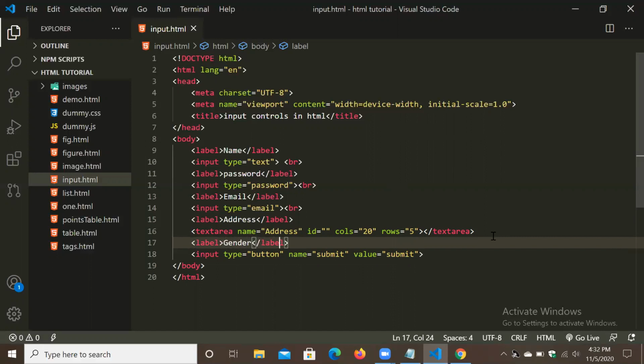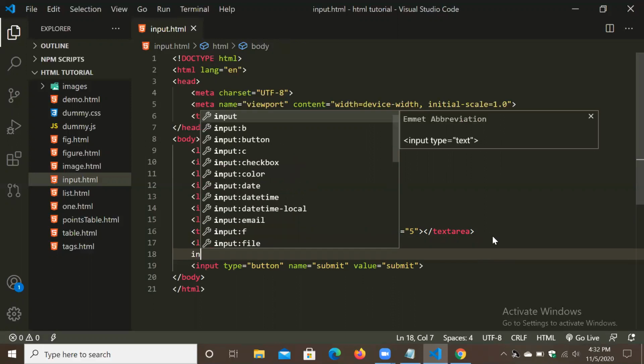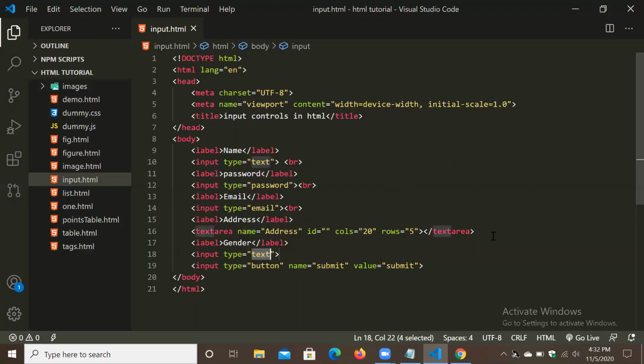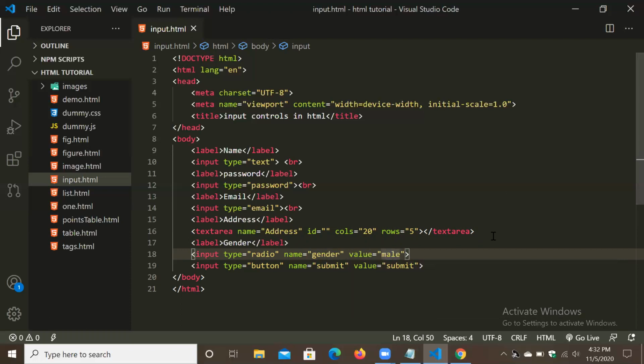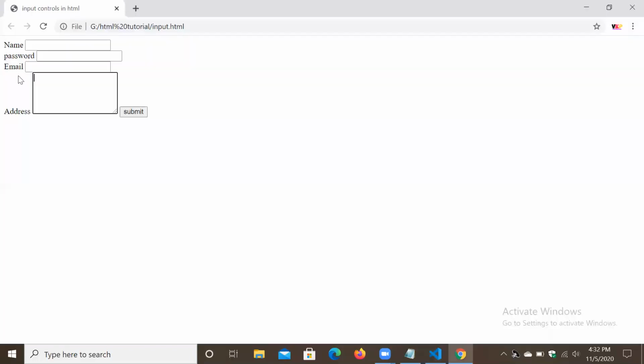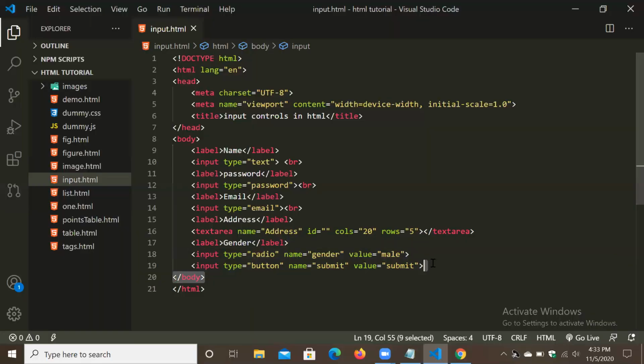So gender, input type is equal to radio. Yeah. And name is equal to gender, value is equal to male. Okay. Control s, refresh. What happened, checkbox came now. So next thing what we have to do, we have to add here male.